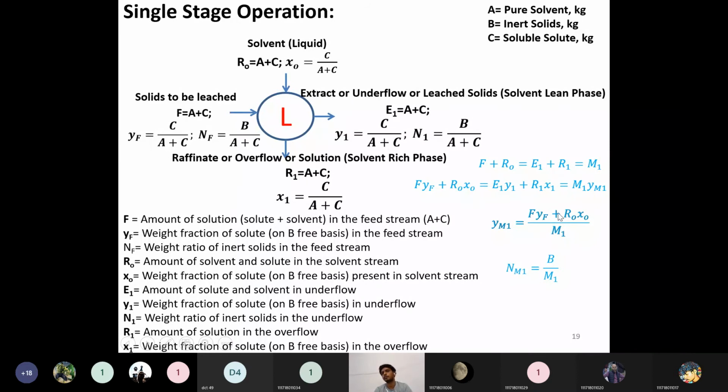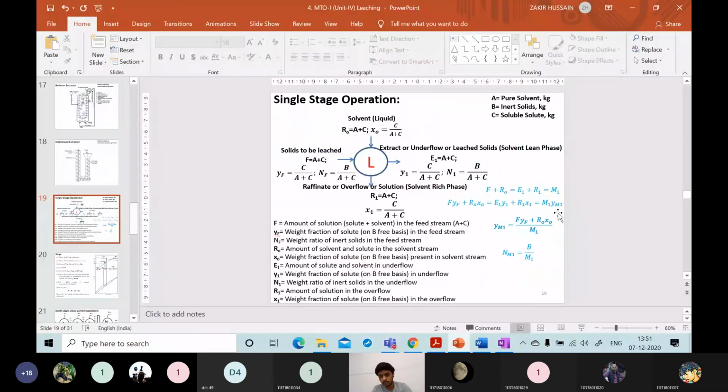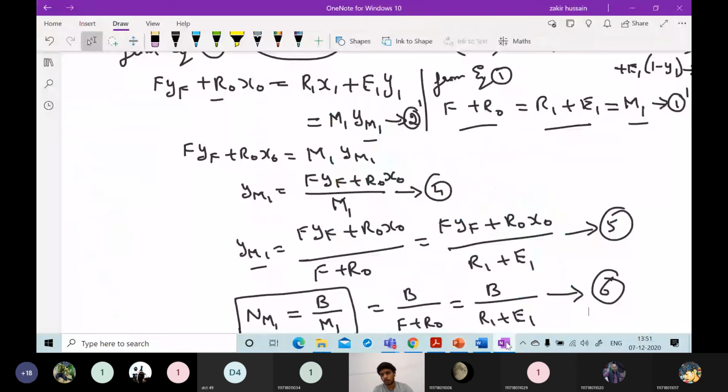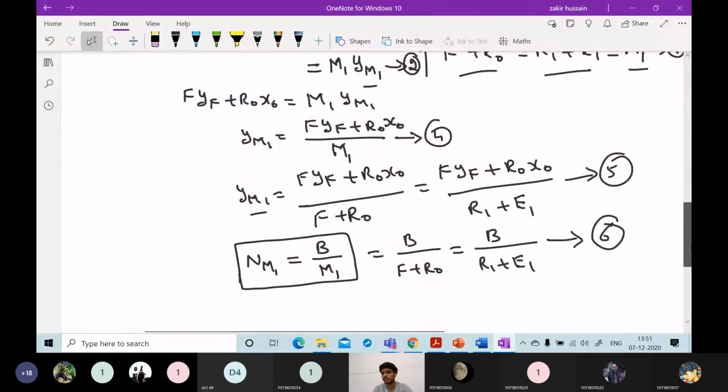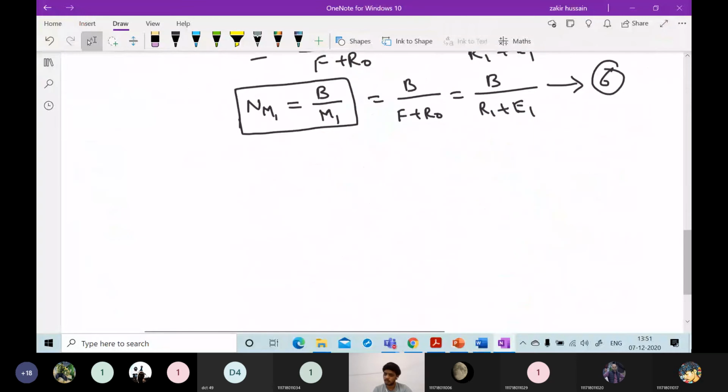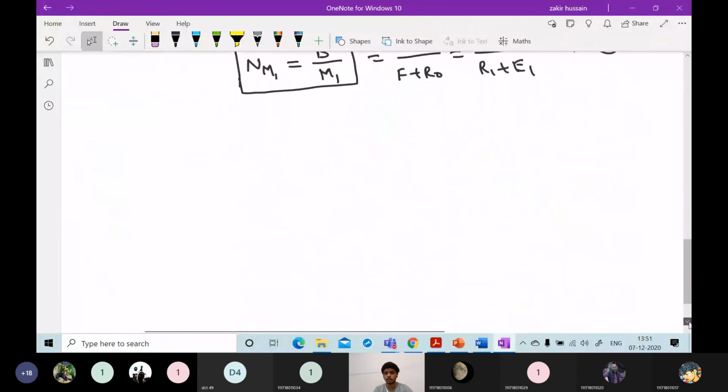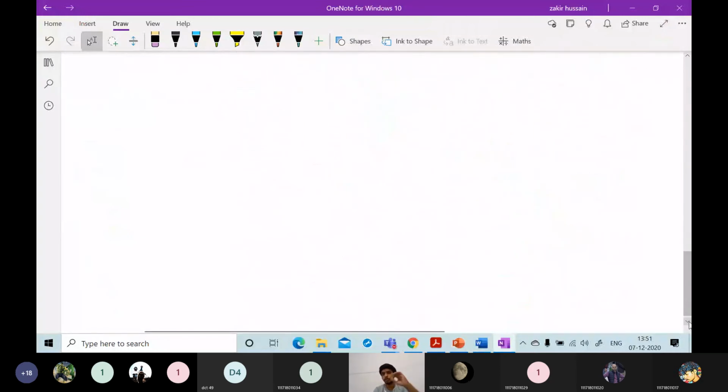So these are the popular equations. You have to remember these. If you remember these, you can go to the next step: how to find out the other unknown compositions. Usually in any type of mass transfer operation or industrial operation, all inputs are known. The only unknowns are the outputs, whether they can give outputs or not.